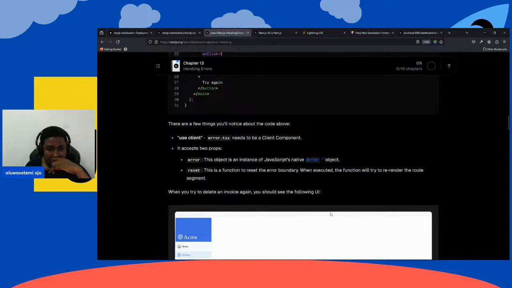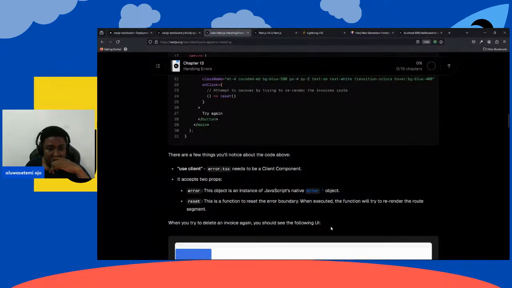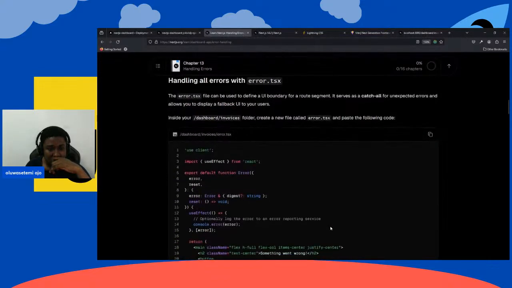So this error.tsx is not working. Inside your dashboard invoices, create